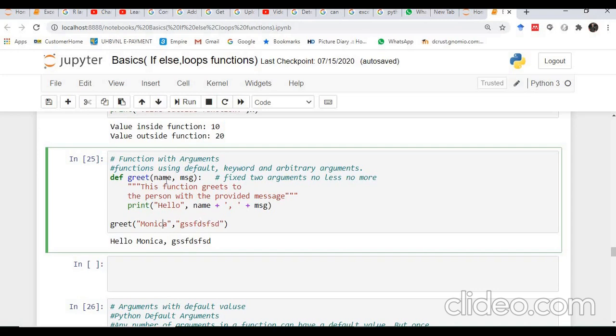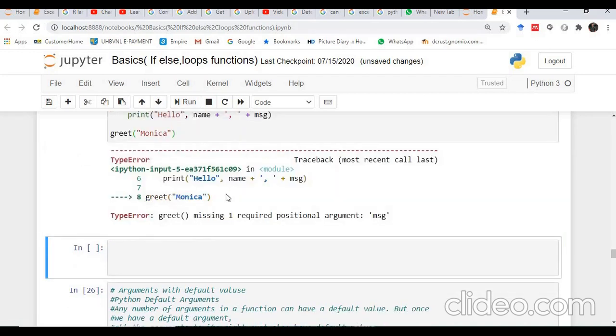And also when we have defined a function with two parameters, it means the number of arguments is fixed, and we cannot call that function with fewer arguments. If we execute this function with a single argument, that will create an issue because there is a mismatch between the number of arguments at the call time and the number of parameters in the definition.